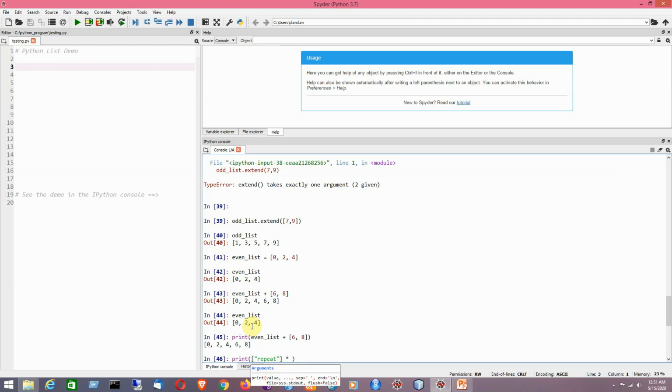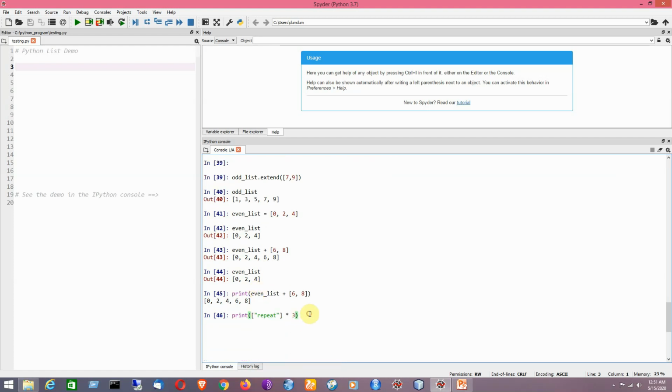Now suppose I would like to repeat it 3 times, that is thrice. So it will be repeated 3 times. But remember that for using the plus or asterisk operator, you have to print the list, otherwise it will not work.